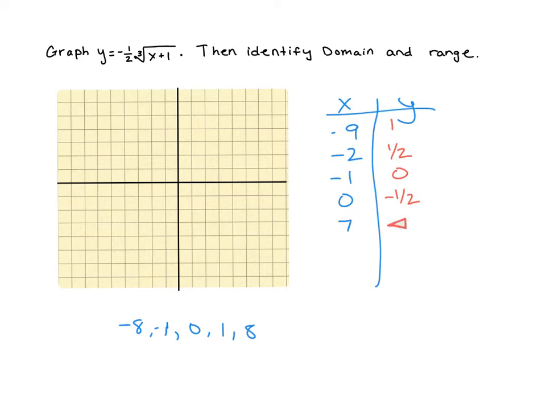So here's one of my values. Oh, I'm not sure what I just did over there. That should be, what was that going to be? -1. Okay, so there's 1 point, -2, 1/2, -1, 0, 0, -1/2, and then 7, 1, 2, 3, 4, 5, 6, 7,